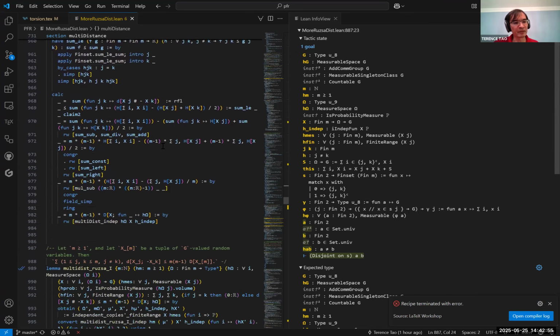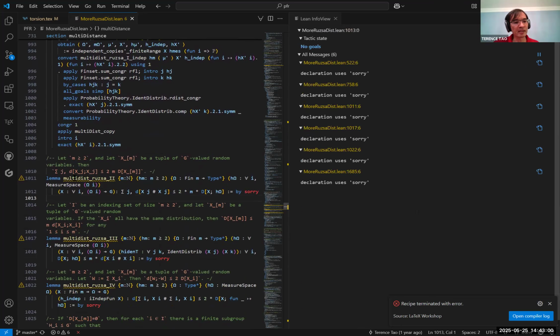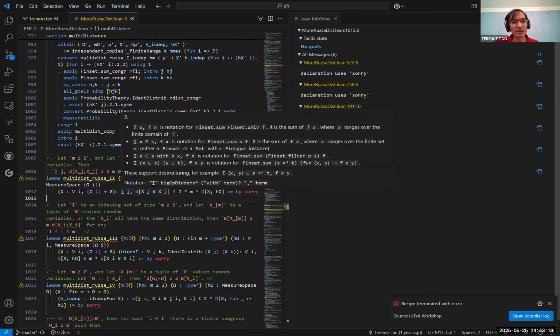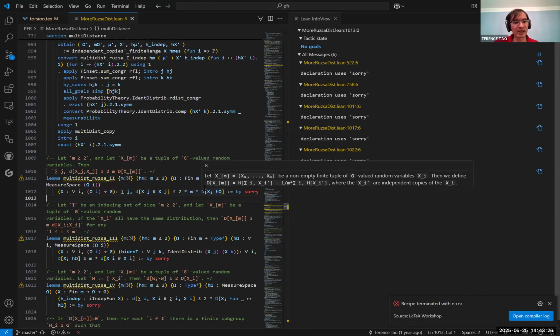So this is the current state of the formalization process. You can see there's thousands of lines here already. And here is the statement that we're going to try to prove: that if you have a natural number m bigger than 2, and you have some m-tuple of measure spaces, omega i, and some random variables taking values in a group G. G has been defined previously to be an abelian group. Then there's a certain inequality between a sum of certain distances between xj and themselves, and some constant times another type of distance. This capital D is called multi-distance. So this is the claim.